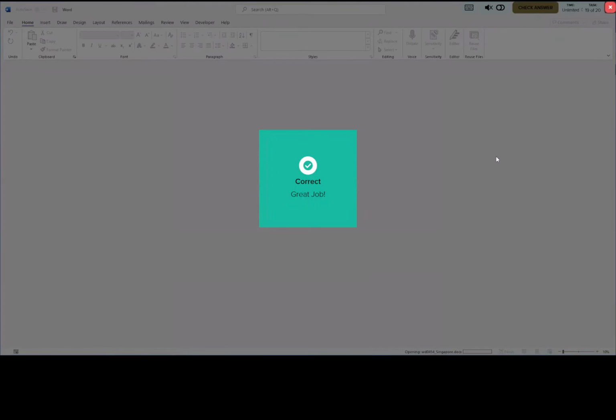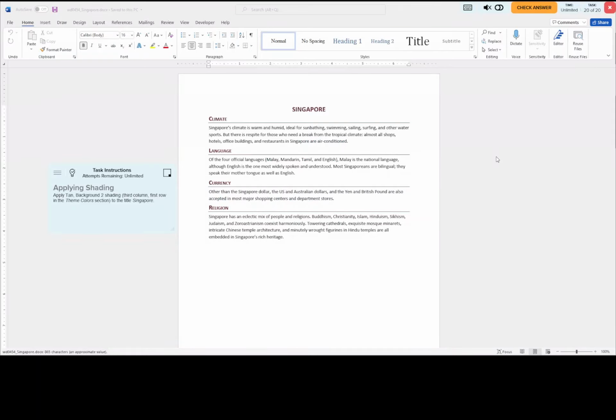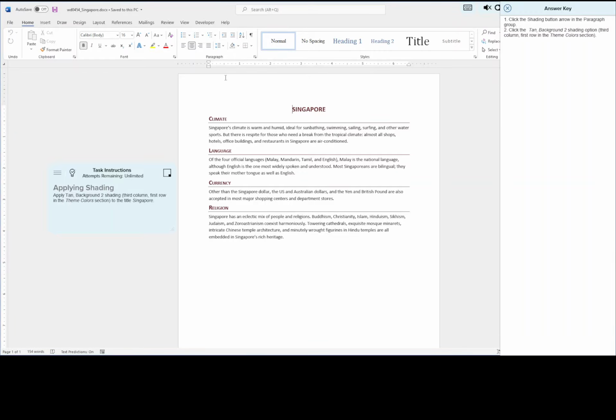Holy cow, I see the end in sight. 20 of 20, I believe. Yes, it is. Apply some shading. Let's do it. Click the shading button arrow in the paragraph group. Paragraph group, shading arrow. Let me click back into my document to activate it. And hey, I got lucky. There's my shading option. So I'm going to click the down arrow there and click the tan background to shading